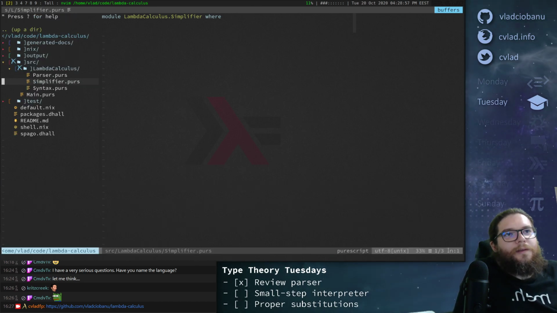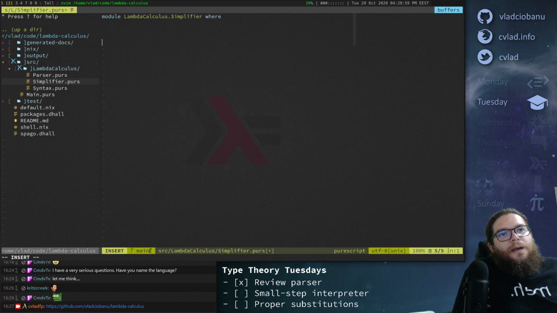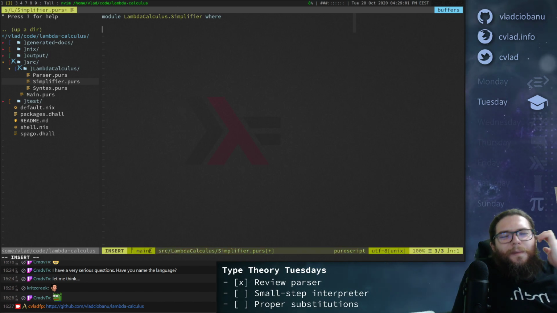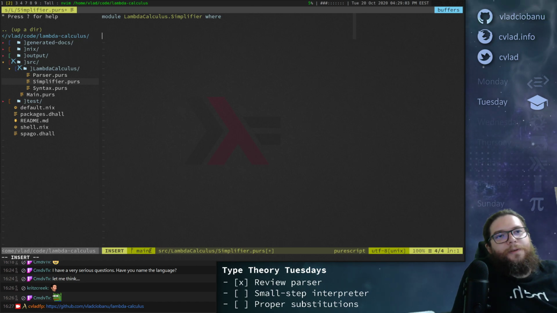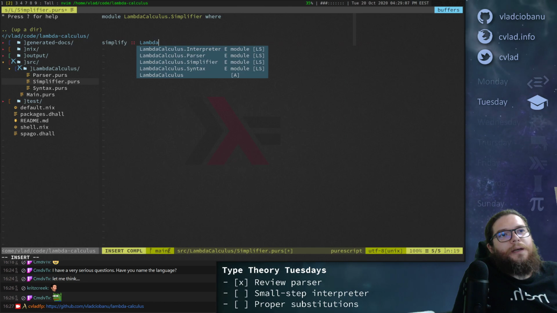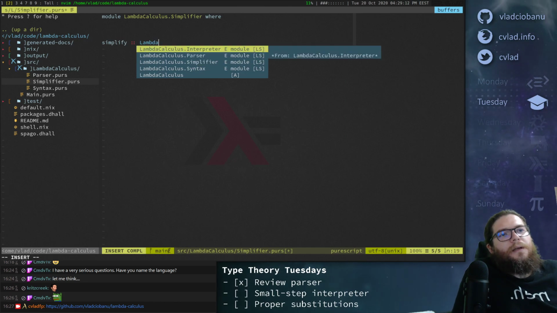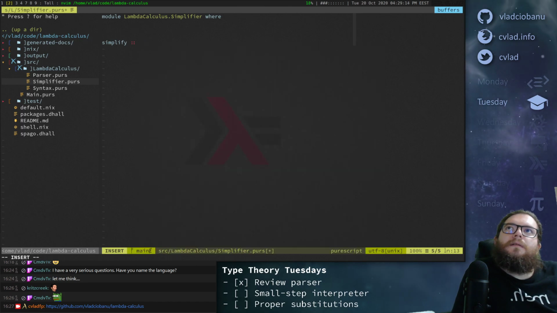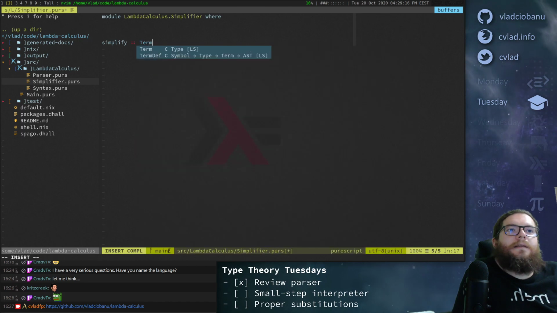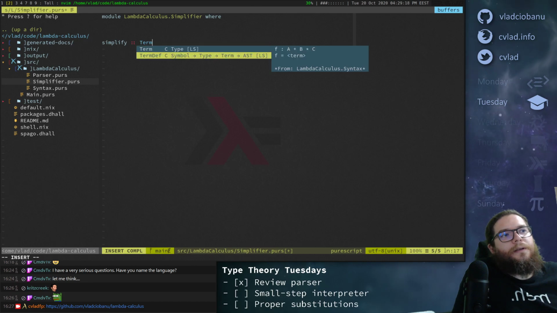Yeah, I think that makes more sense. So the main thing here, this is pretty trivial, right? We need a simplify function which goes from lambda calculus, which one? I guess it needs to go from a term, right?